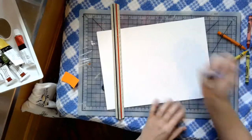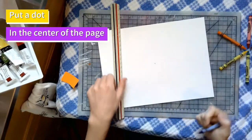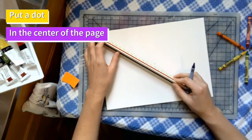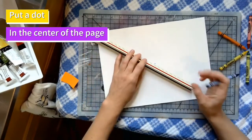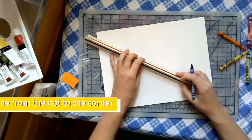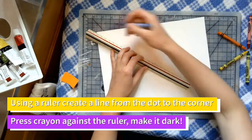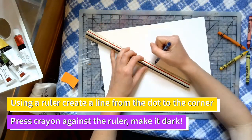So in the center of your page, just put a dot. Ready? Like the dot story. Artwork starting with a dot. And then using your ruler, you are going to measure from the center of your page to the corner of your page. And you are going to